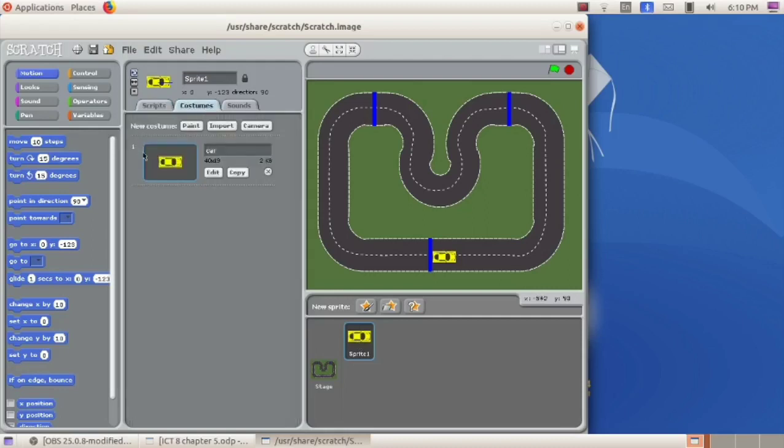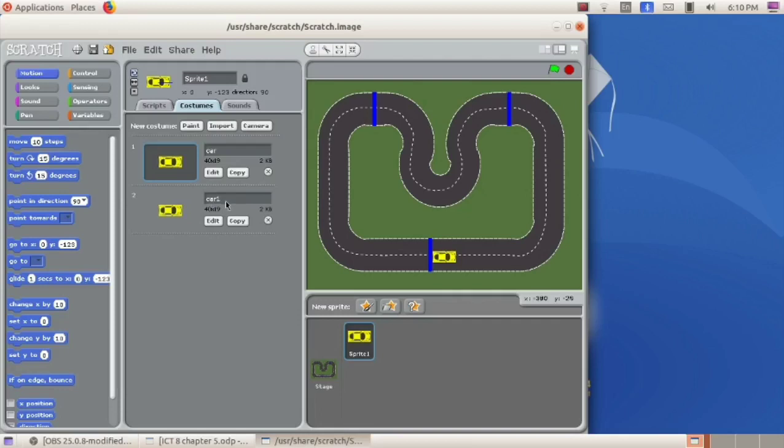Here we can see the sprite or the character, which is the car, and the name of this sprite is given here in this box, that is car. We have to take a copy of this car. For that we have a button here, copy. Click on this button. Now a copy of this car has been created and it is named car 1.